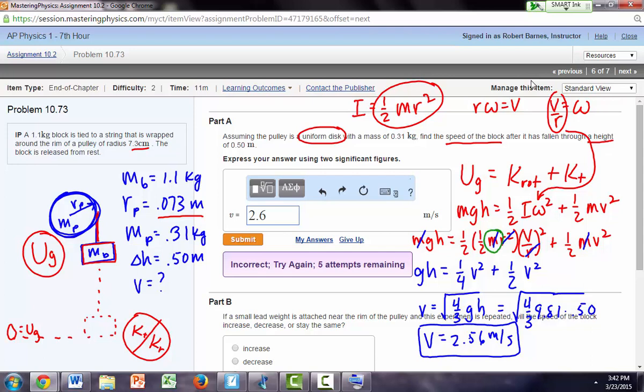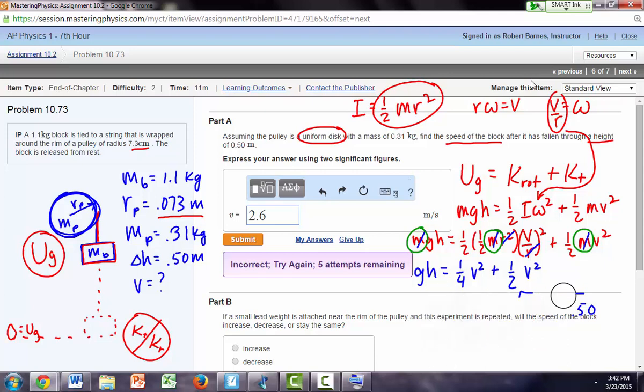This is the mass of the pulley. This is the mass of the block. And this is the mass of the block here. So I was just quickly going through this as if it was the same as the last problem. You cannot cancel those masses out. So a good lesson that sometimes I'm going too fast and not paying attention to the different masses that are in this problem. So going back to this step right here, the mass of the block times gh equals 1/4 the mass of the pulley times the,